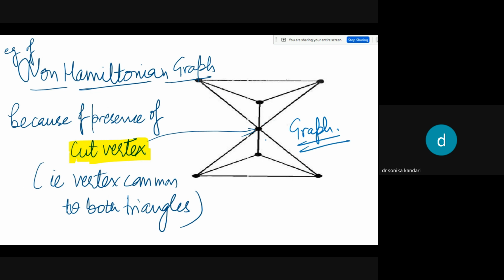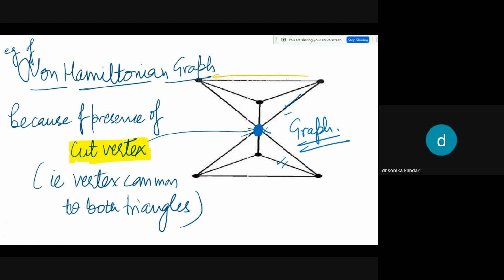So just see carefully. Here in this graph, you can see a cut vertex. What do you mean by cut vertex? If you remove this vertex, this graph will become disconnected, because it is connecting both the triangles, upper triangle and lower triangle. Because of the presence of the cut vertex, if I try to find a Hamiltonian trail,